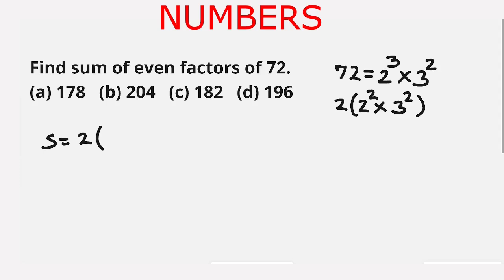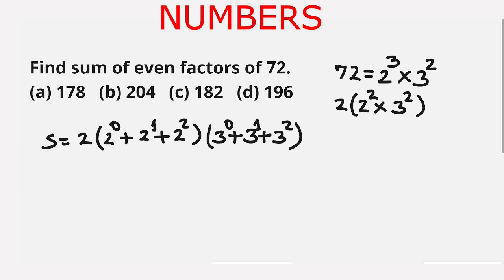So we start from 2 to the power 0 and we go up to 2 to the power 2, adding them. 2 to the power 0 plus 2 to the power 1 plus 2 to the power 2 multiplied by 3 to the power 0 plus 3 to the power 1 plus 3 to the power 2,